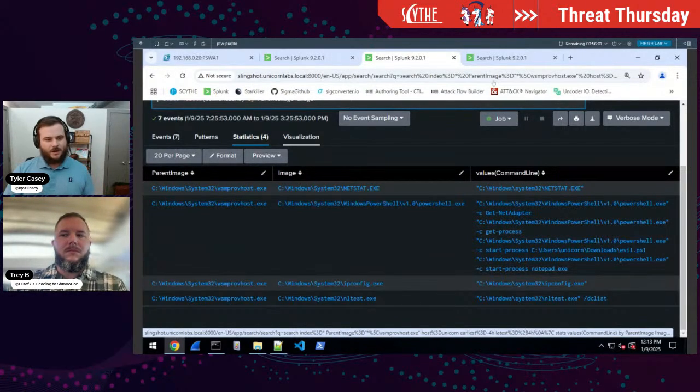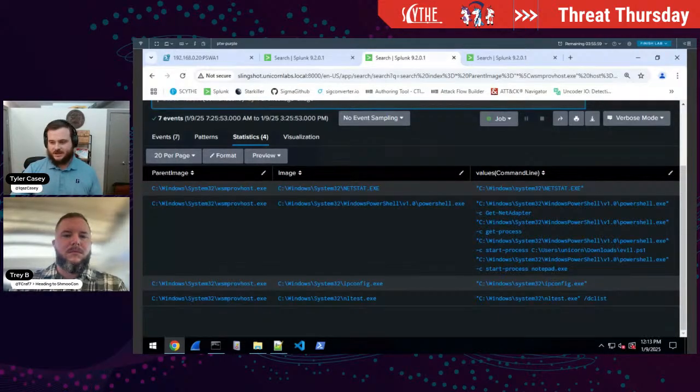That parent image, which is native, is then loading another image, which is again inside of System32, a completely native Windows utility, living off the land completely up to this point, which is then just running some commands. These commands might seem a little obvious because I have one called evil.ps1. I'm starting Notepad. Adversaries aren't going to do those types of things. They might run an executable or something like that, but